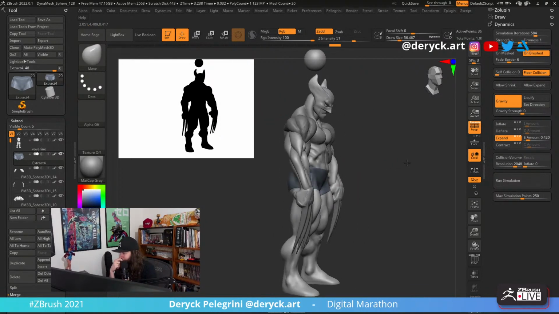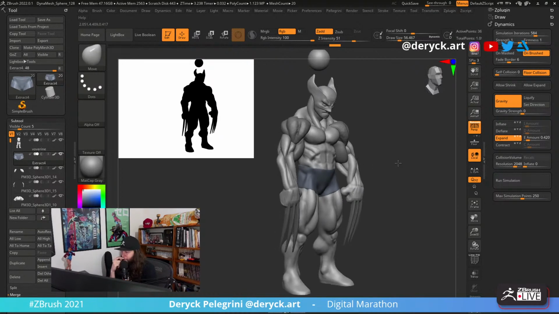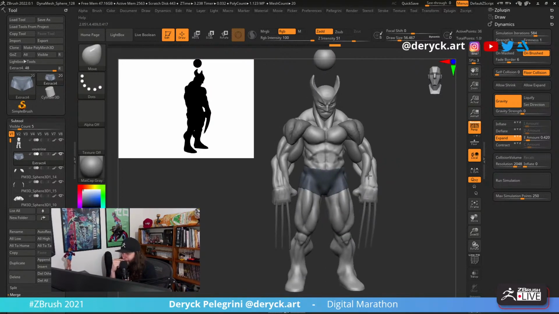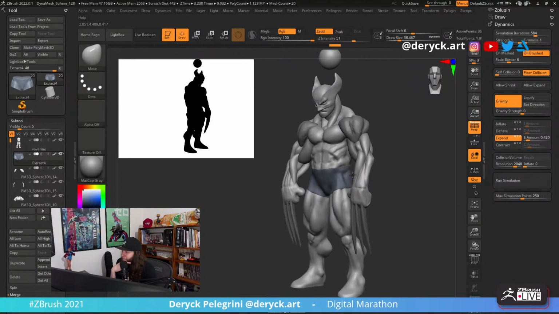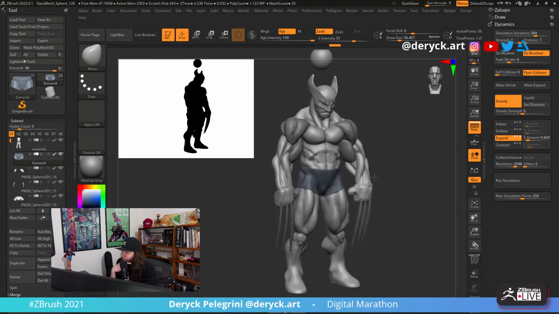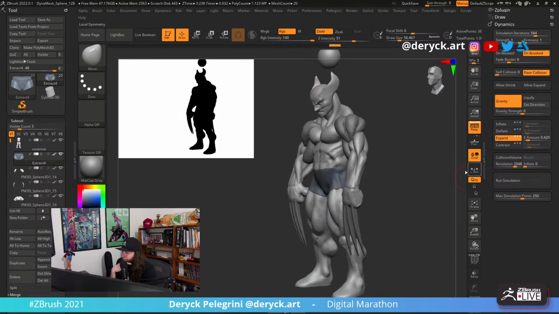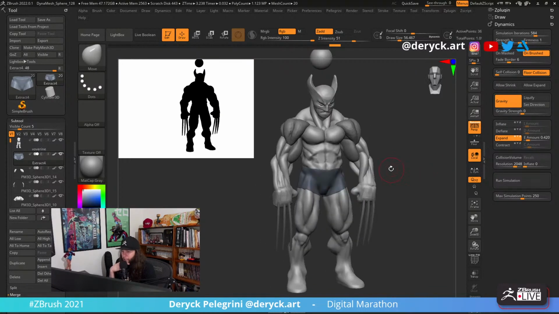It's actually pretty good sensitivity for this Wacom. I'm just taking it easy with the pressure on my hand. That's basically what I'm doing.